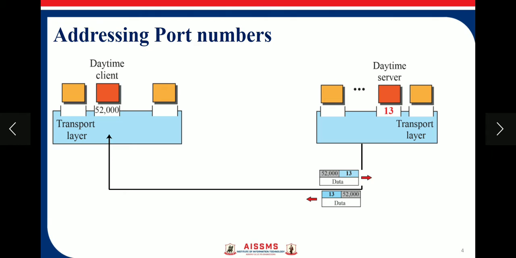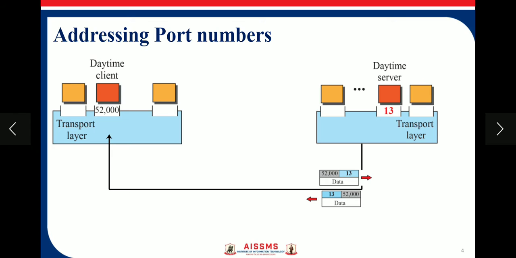In the TCP/IP protocol suite, port numbers are integers between 0 and 65,535. The client program defines itself with a port number called the ephemeral port number. The word ephemeral means short-lived, and it is used because the life of a client is normally short. The ephemeral port number is recommended to be greater than 1023 for some client-server programs to work properly.